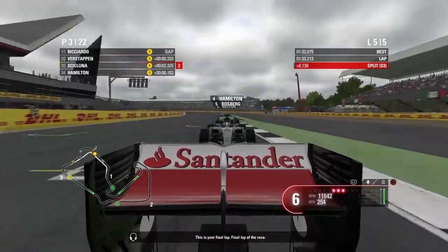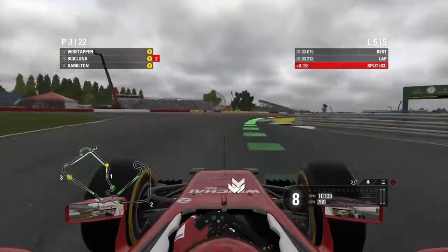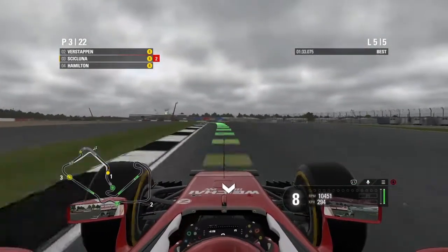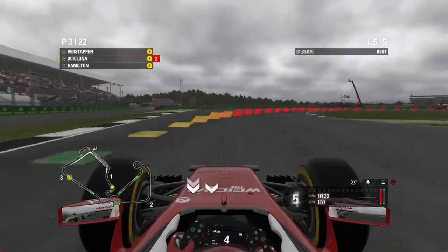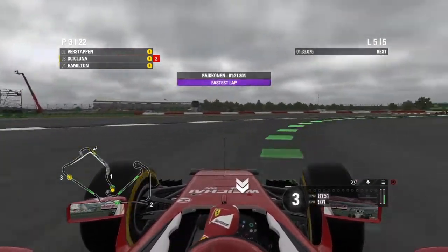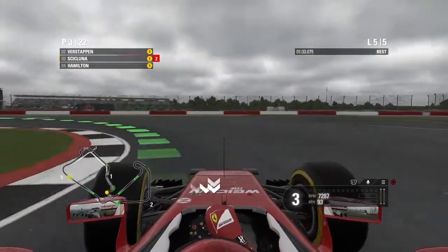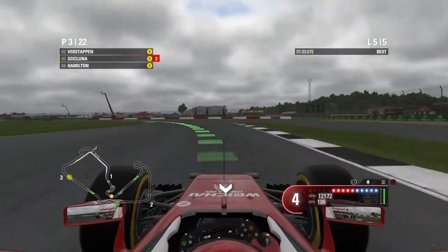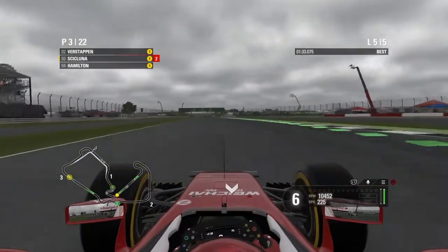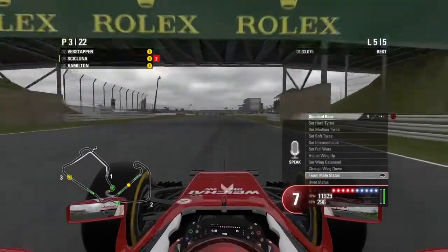This is your final lap of the race. Kimi's times are